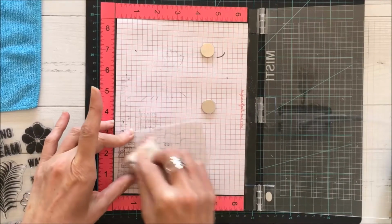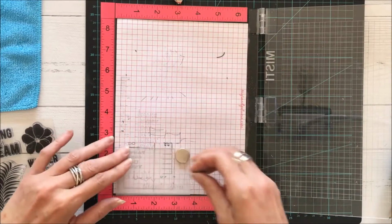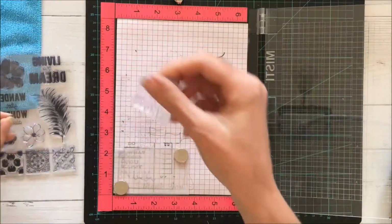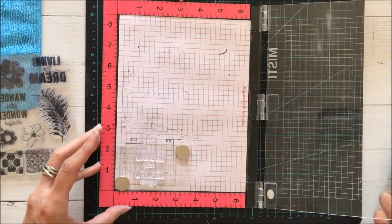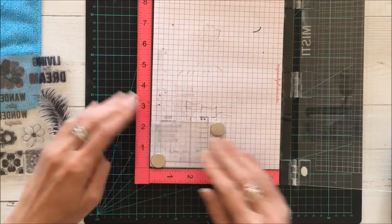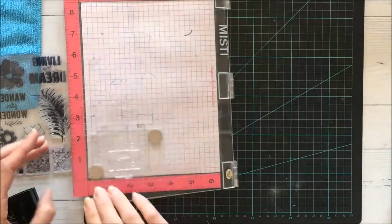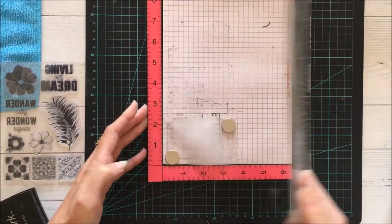Now I've got some vellum, and I'm using an anti-static powder tool again just to clean the surface, and this time we're going to stamp the sentiment onto it. So I'm going to use the Misty once more to do this, and here I'm just lining it up, and again I'm going to use the Versamark ink to ink it up, because we're going to be heat embossing it with white ink once more. So I'm just making sure I have a good impression here,